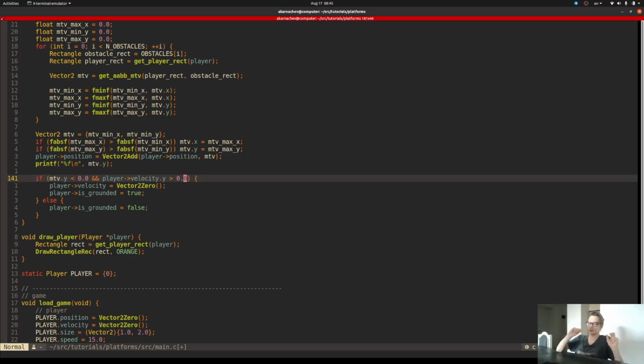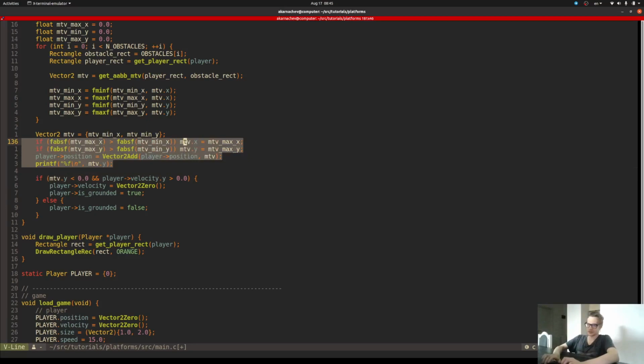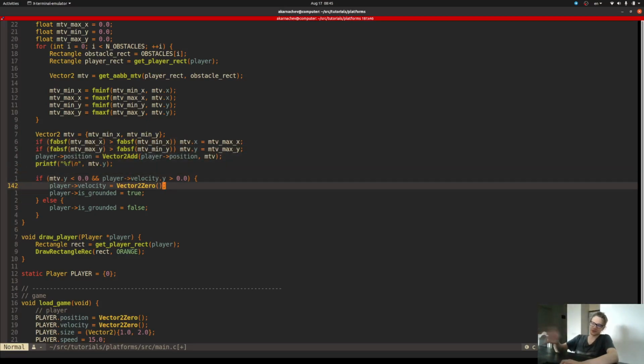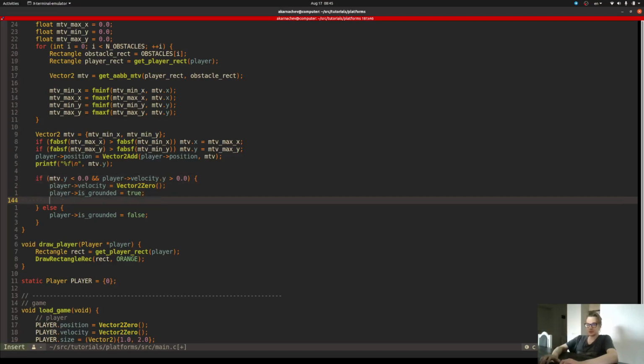At least I don't want to. I want to resolve it, and I am resolving it, but I don't want to say that player is grounded or the velocity is 0, because the player is just not touching the ground from above while falling down, and it means that maybe we also do have